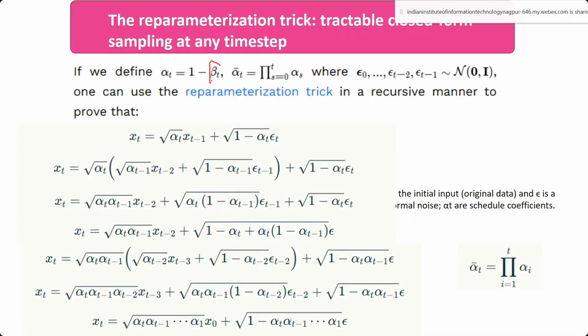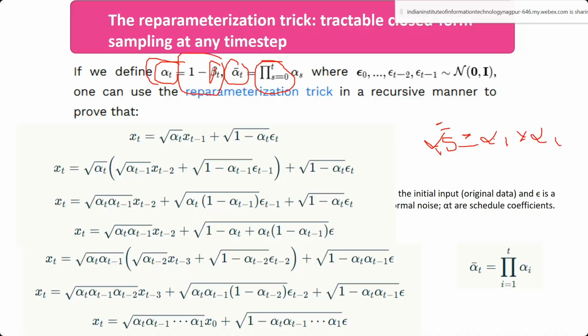Instead of beta t, this is again given in that paper, we have taken the alpha t parameter. So what is the alpha? It is 1 minus beta. And again, we are considering something called alpha bar. So what is this alpha bar? If I have alpha 5 bar, what does it indicate? It is a cumulative product. You may be aware of this formula: alpha 1 into alpha 2 into alpha 3 till alpha 5. This is what alpha 5 bar indicates.